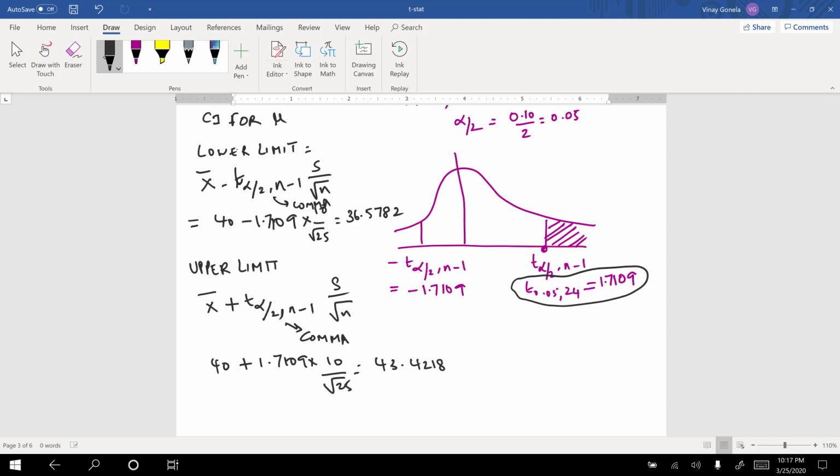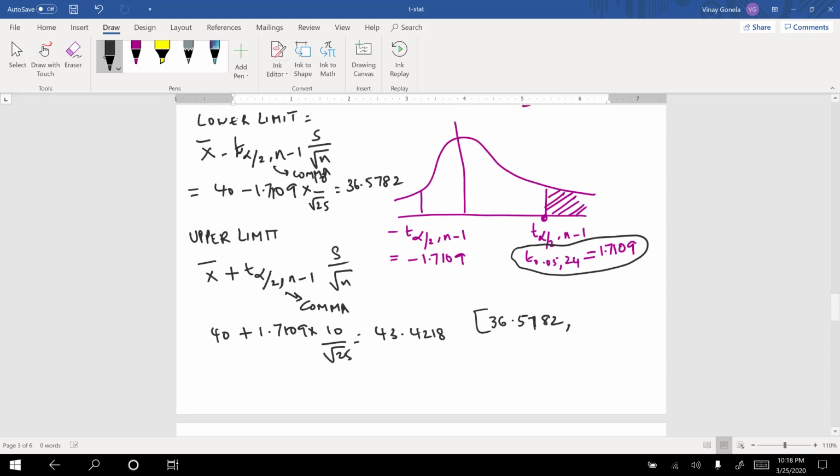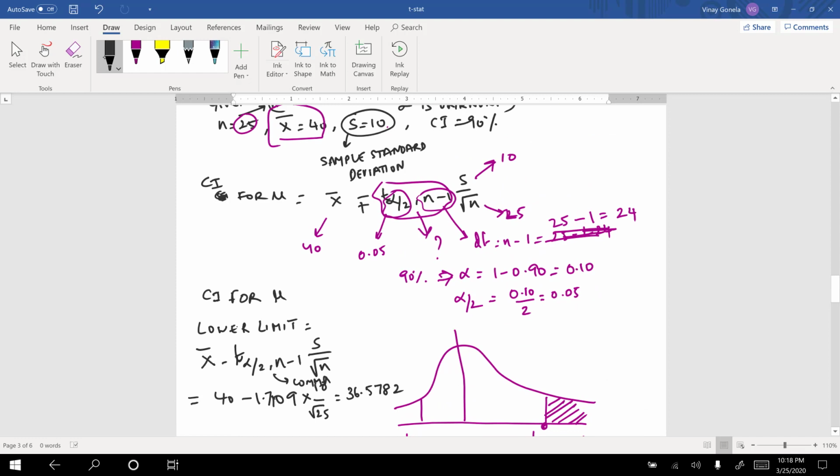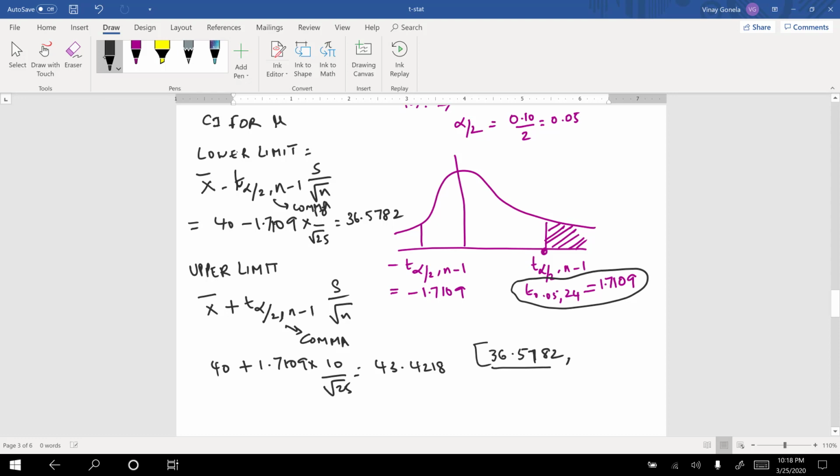So that means our breaking strength, the lower breaking strength, worst case scenario, is 36.5782. So one of the bags out of those 25 samples will break at 36.5782, and the other bag will break at the best case, which would be